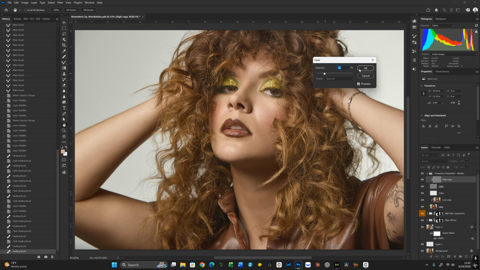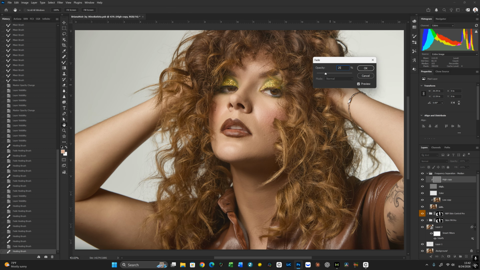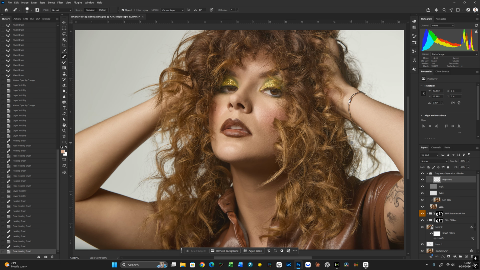Fade that down as well. 22 looks fine. I'll come and hit this spot on the chin right here on the edge. Maybe a little more than 25. 37. All right. So again, still not finished, not perfect, but look, we've toned down some of that texture in